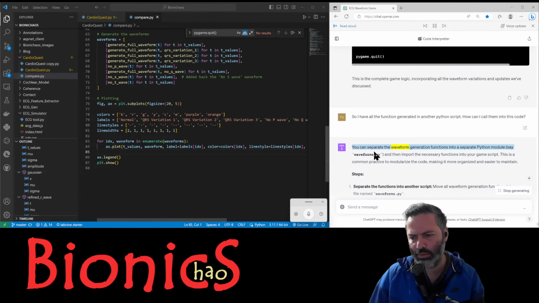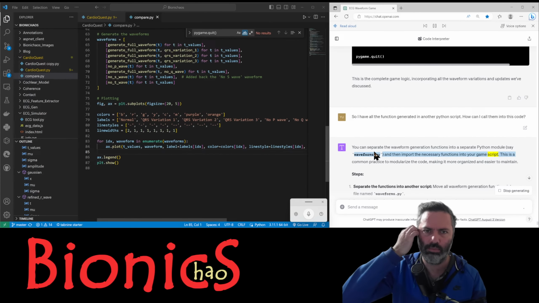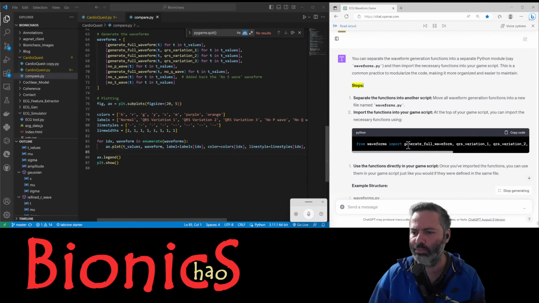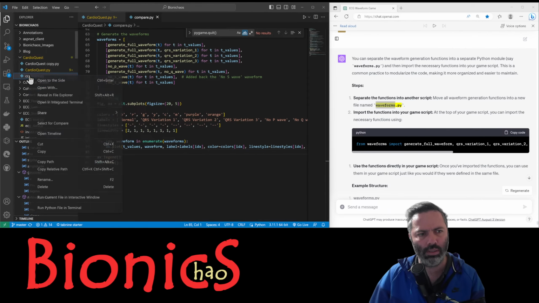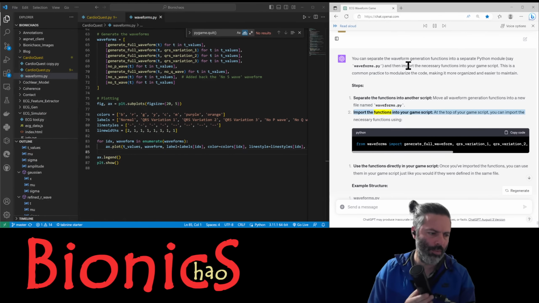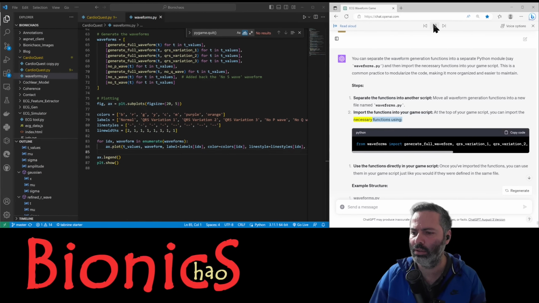You can separate the waveform generation functions into a separate Python module, say waveforms.py, and then import the necessary functions into your game script. This is a common practice to modularize the code, making it more organized and easier to maintain. Steps. Separate the functions into another script. Move all waveform generation functions into a new file named waveforms.py. Can we call this one waveforms? Import the functions into your game script. At the top of your game script, you can import the necessary functions using